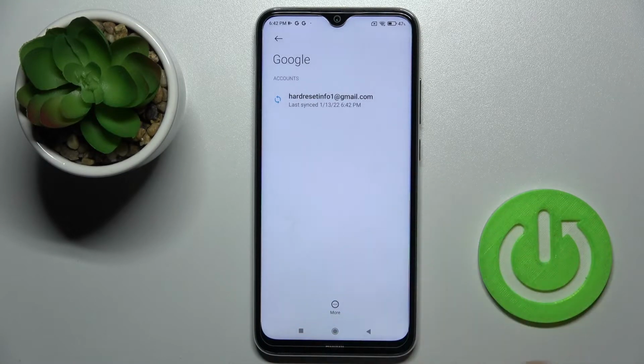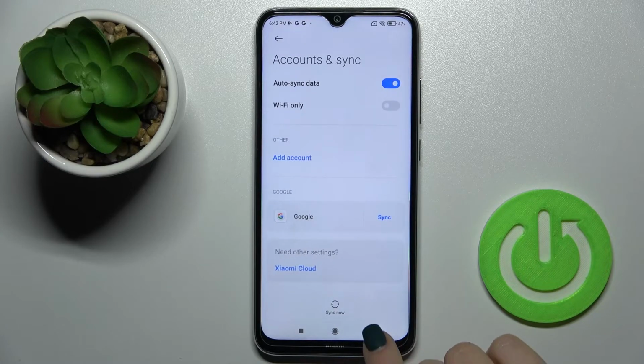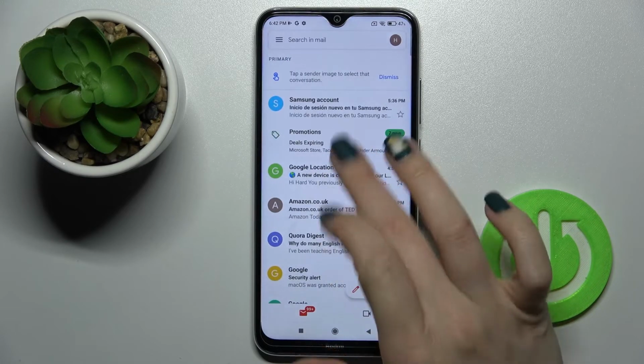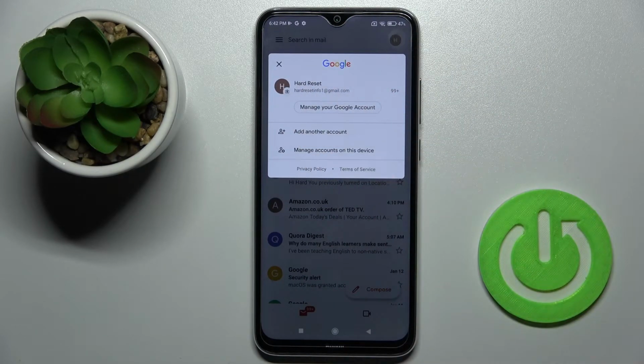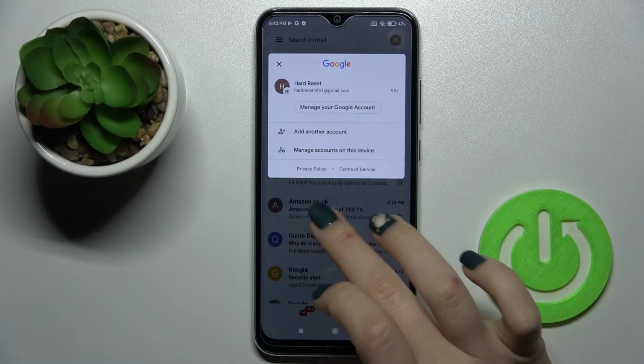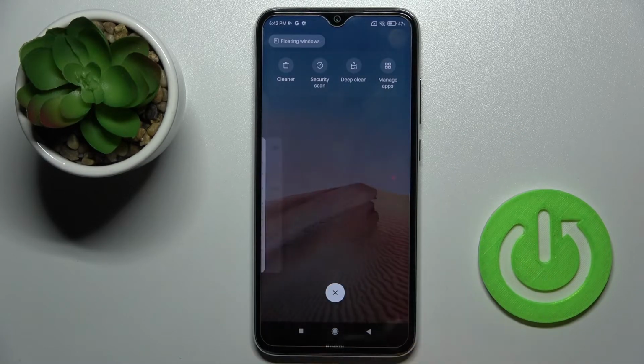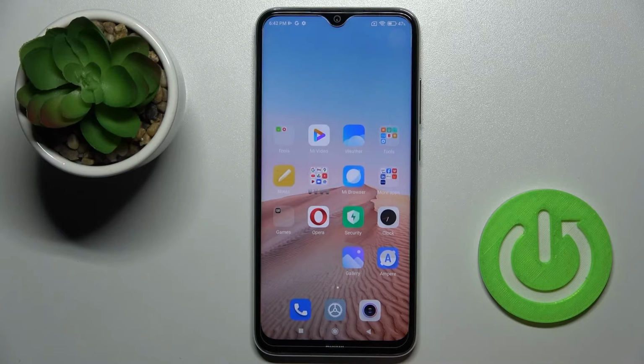And now as you can see we just stay only with the one account, and now we'll go back to the application and check. As you can see we stay really only with one account and we'll log out from the second one. So that's how it looks,